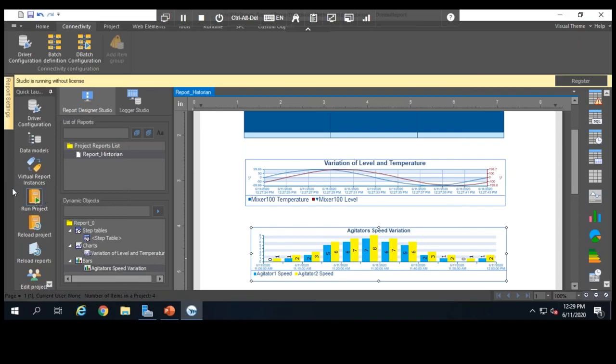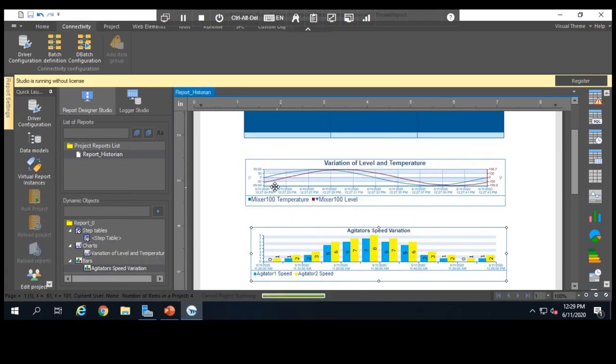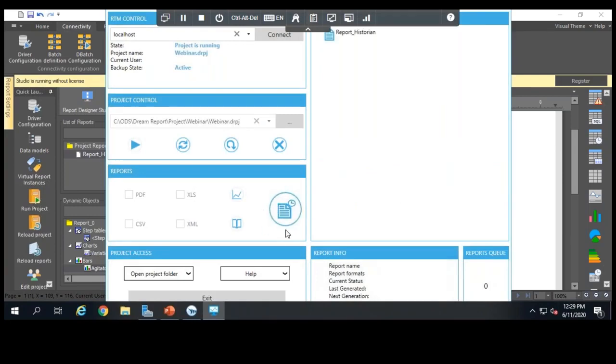Now we will run our project by just clicking on the left of the screen on Run Project. For sure, we have to save the changes that we have made. Now the Runtime Management Console will open, in which we can generate the report statically or dynamically. So we have to wait just a little bit. Okay. We will generate our report today dynamically by clicking on Open Dynamic Report Generator,